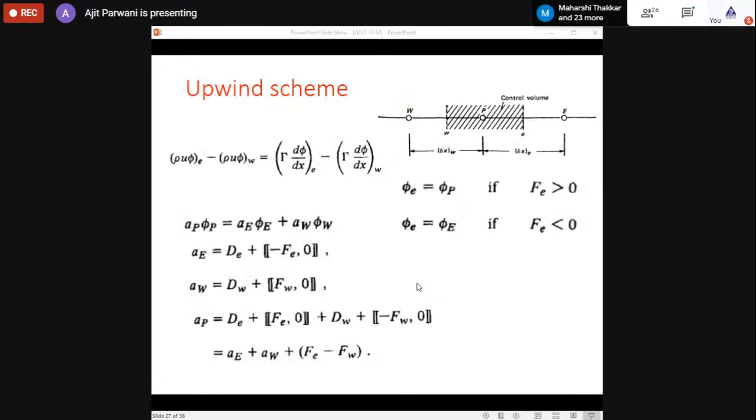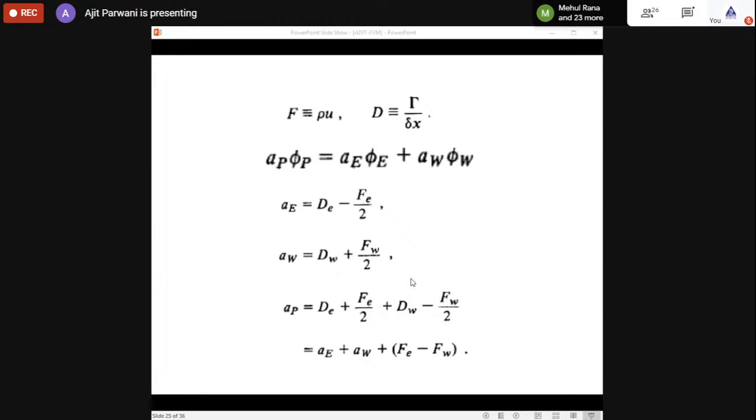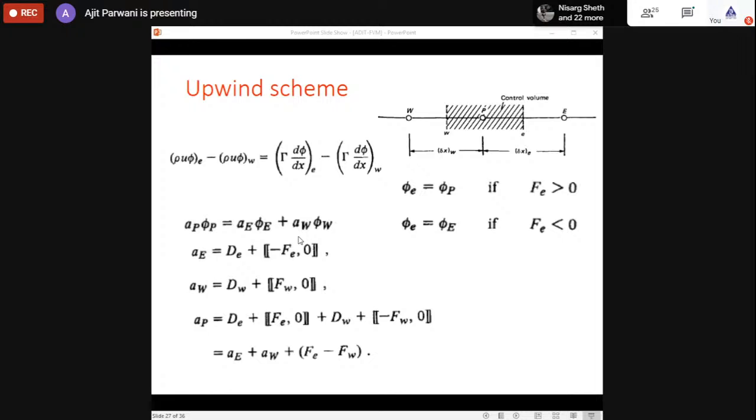So now this upwind scheme will definitely not give you the unrealistic solution. The central difference scheme will give you the unrealistic solution. Why does it give an unrealistic solution? Because when Fe becomes greater than twice De, then A becomes negative, or the second rule gets violated. If the second rule is violated, then you will get the unrealistic solution. But in this discretization method, you do not have any such difficulty. All the coefficients are positive, and this discretization scheme will follow all the rules.